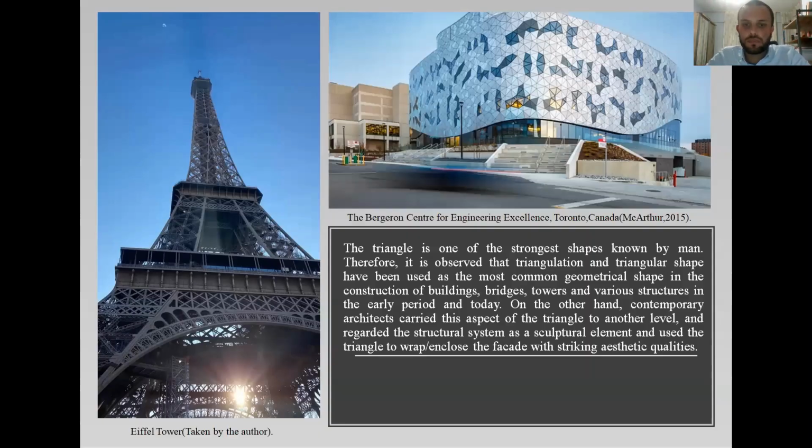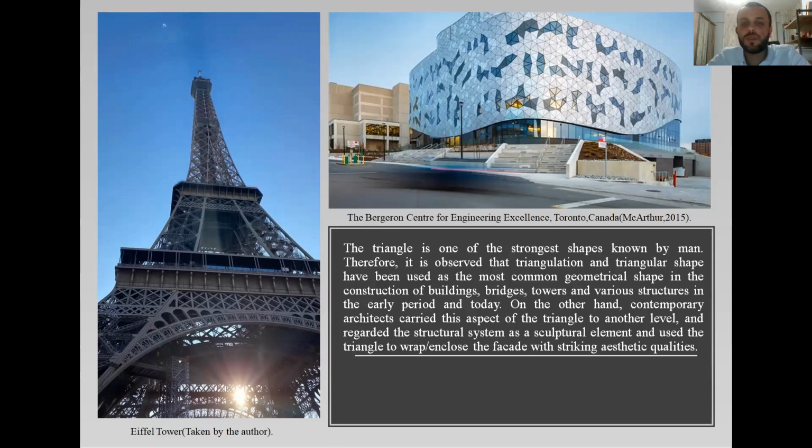The triangle is one of the strongest shapes known by man. Therefore, it is observed that triangulation and the triangular shape have been used as the most common geometrical shape in the construction of buildings, bridges, towers, and various structures in the early period and today. On the other hand, contemporary architects carried this aspect of the triangle to another level and regarded the structural system as a sculptural element, and used the triangle to wrap and close the facade